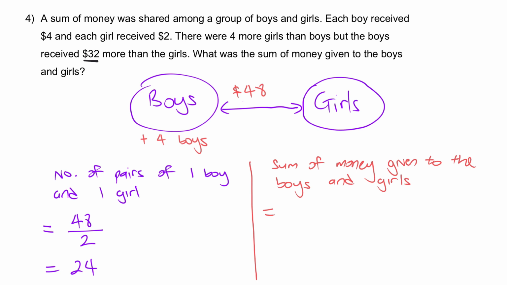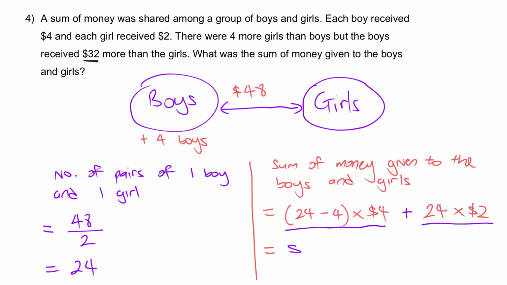So we know that 24, we minus away the 4 additional imaginary boys that we added in, okay? So we minus away this and then we multiply it by $4. So the 20 boys times $4, we're going to plus the 24 girls, and each of them receives $2. So our answer will be $80 plus 48. So this is $80, this is 48. We will get